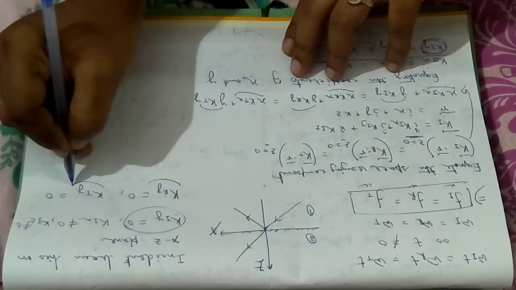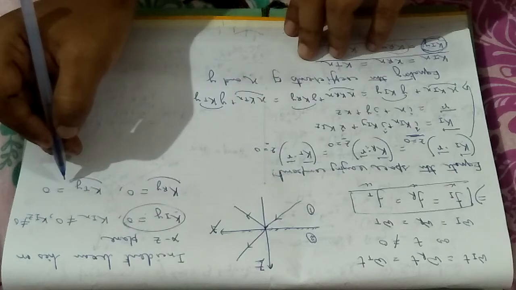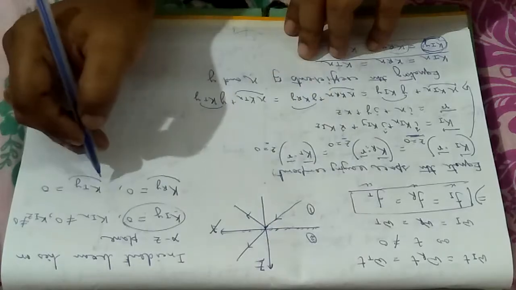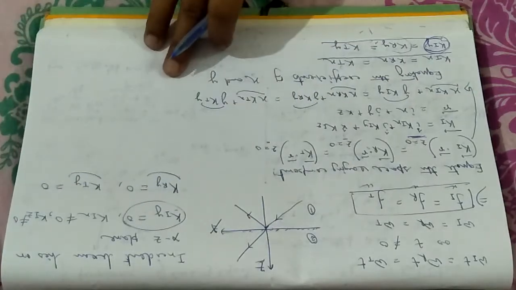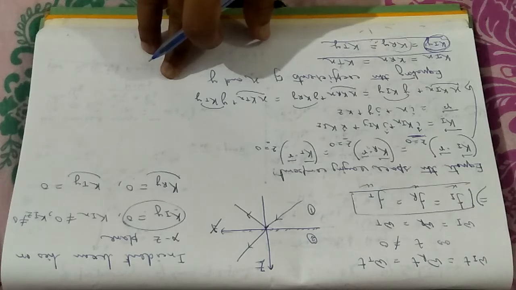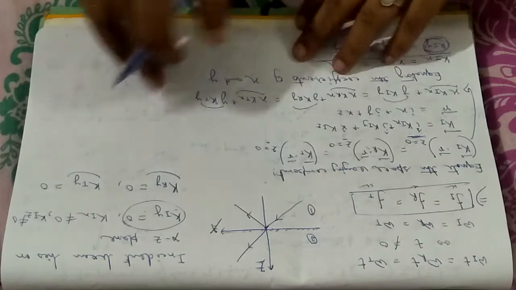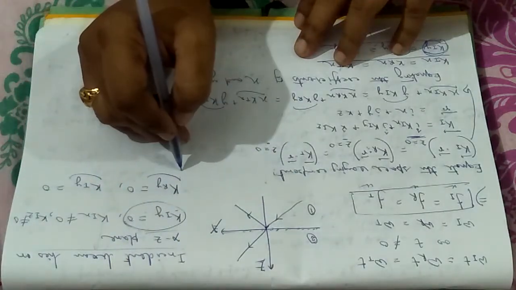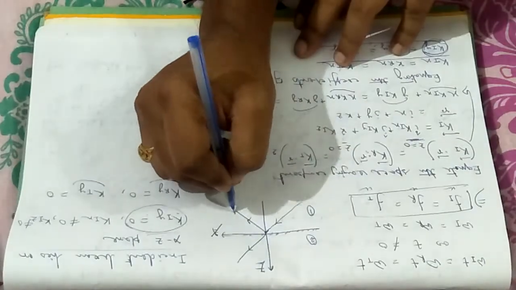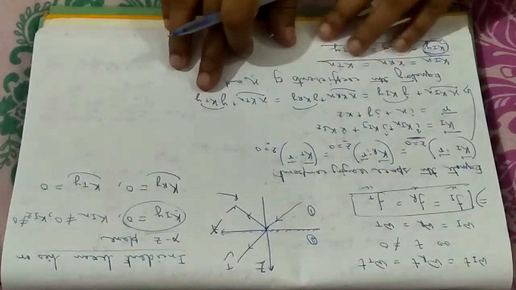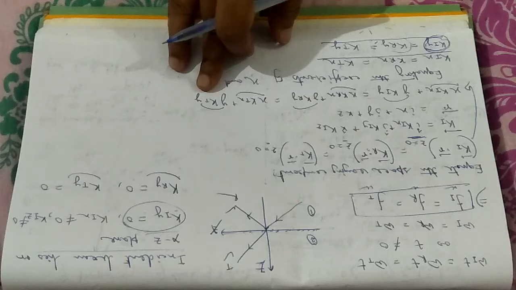The reflected ray and the transmitted ray have lost their y component as the incident ray was lying on the xz plane. Understood? So we can conclude that the transmitted ray and the reflected ray also lie in the xz plane. Already we have considered the incident beam lying in the xz plane. Now we are getting that the reflected ray and the transmitted ray are also lying in the xz plane. So this is the law of coplanarity, that all three rays are lying in the same plane.